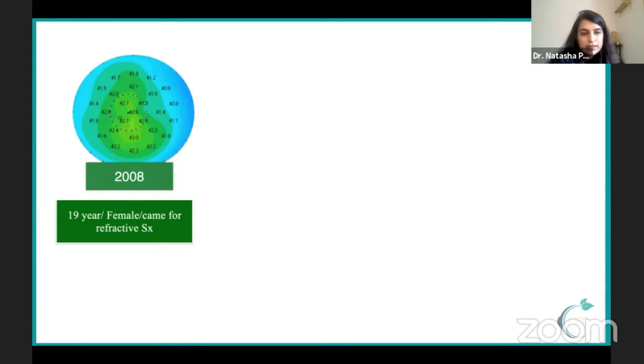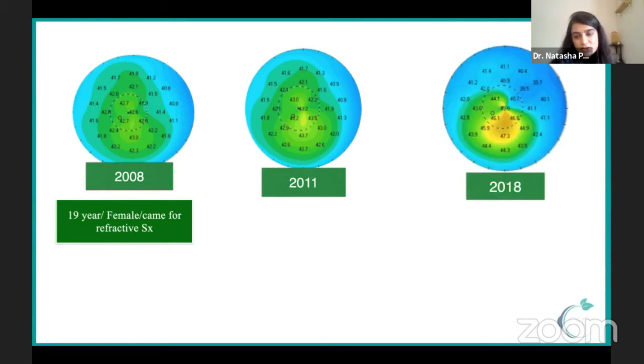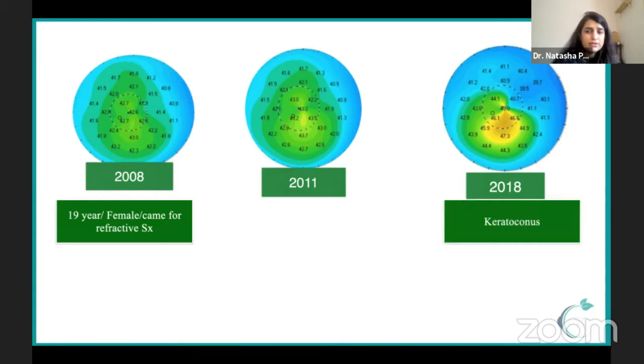Here's another example, a 19-year-old female. She wanted refractive surgery. We sent her back simply because she was 19 at that time. We wanted her to turn 21. She sent her topography in 2011 from Lucknow, saying, is it okay to undergo surgery now? My number has changed only by 0.25. We told her, come whenever you have time. She was lost to follow up. Without any surgery, in 2018, she sent this topography and said, my number has slightly increased, can I go for refractive surgery? So over a period of 10 years, a normal corneal topography turns into ectasia, which is keratoconus.